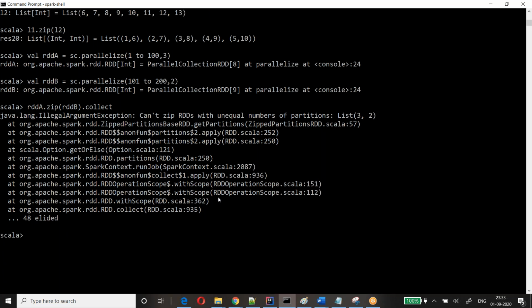Similarly, not only 2 sets, you can do multiple sets: 2 sets, 3 sets. But how will it work with multiple sets? Let's look at that.